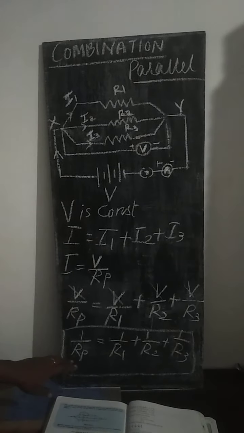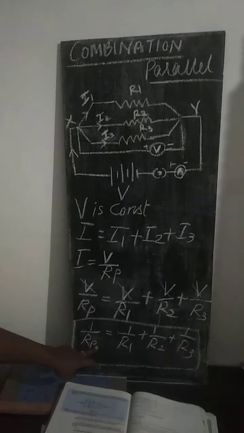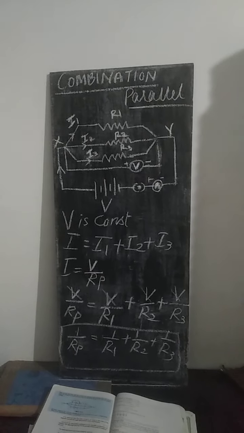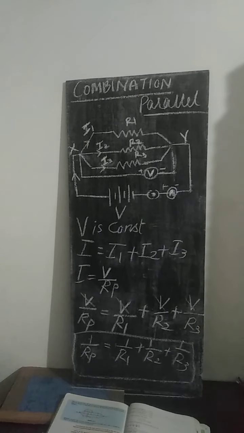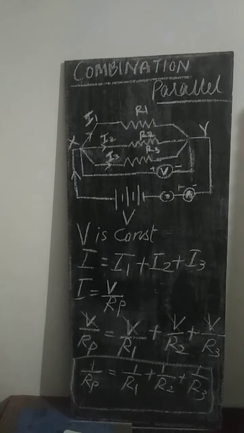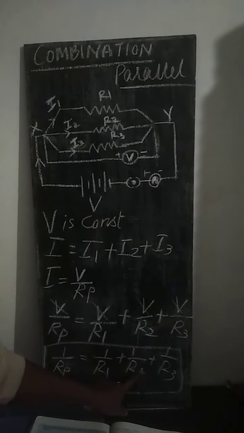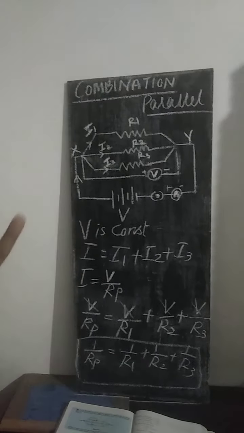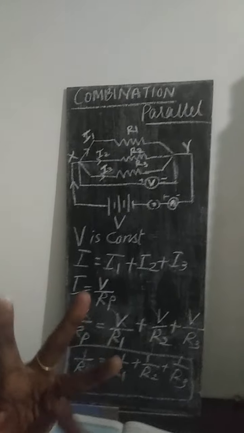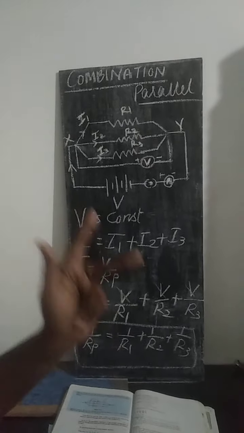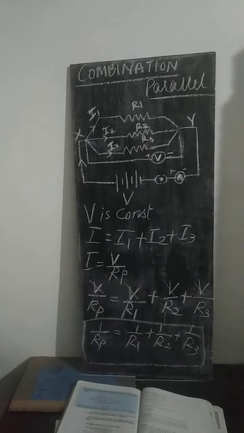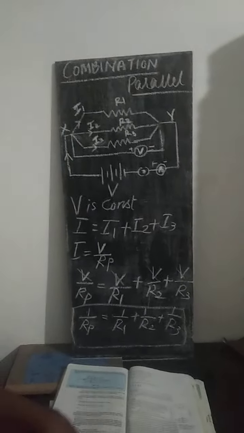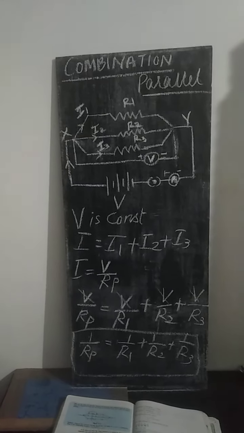Okay, and from this equation itself we can see that that value will be very less. When we connect the resistances in parallel, the total effective resistance will be lesser than all the individual resistances. Suppose 3 resistors are 2, 3 and 1. The total resistance offered by these 3 resistances, connected in parallel, will be lesser than 2, lesser than 1 and lesser than 3.